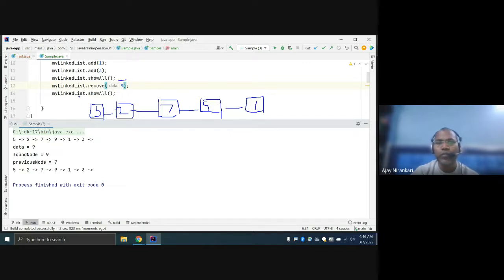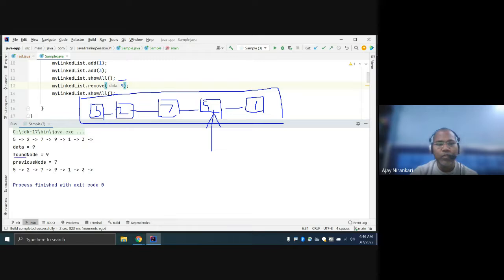First we find whether this 9 node exists in my linked list. Yes, we found it. Then we also found the previous node, which is 7. Now I want to remove this node. The user wants to remove this node.